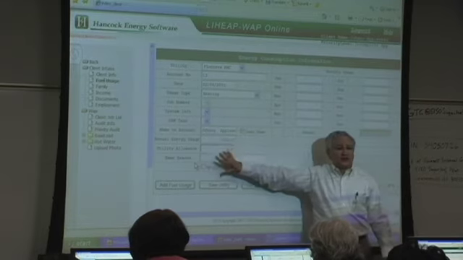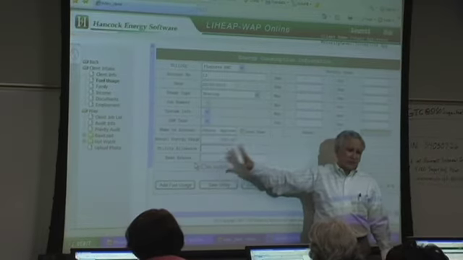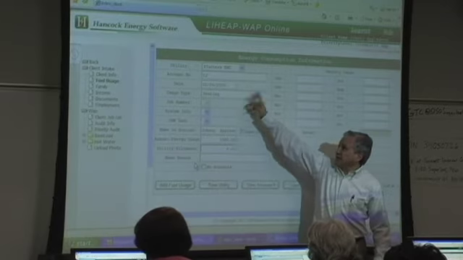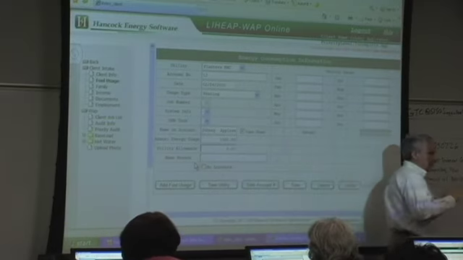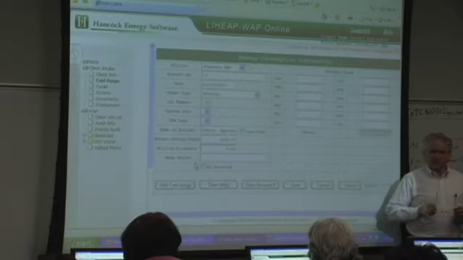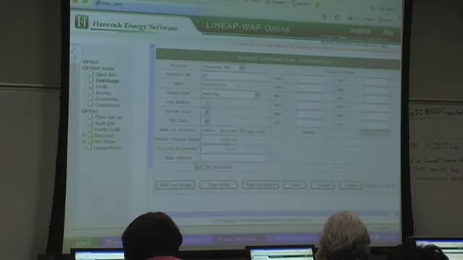These are strictly though for utilities, where you would be buying from a utility because you have to pick a utility. There aren't too many wood utilities out there that I'm aware of. So you can add that in,